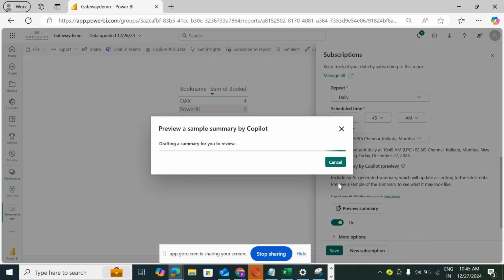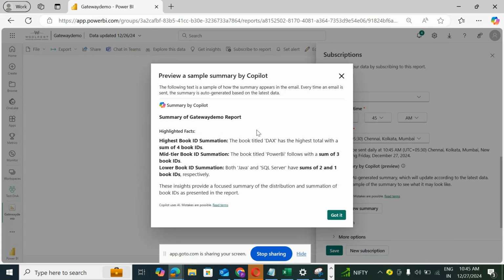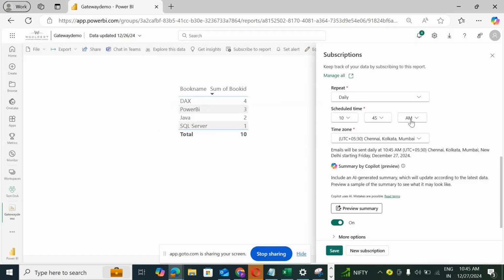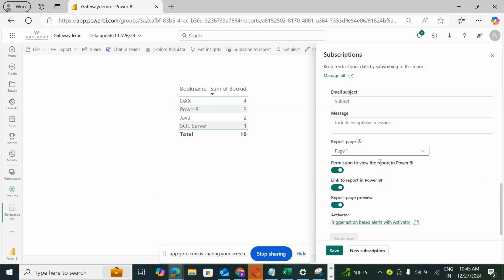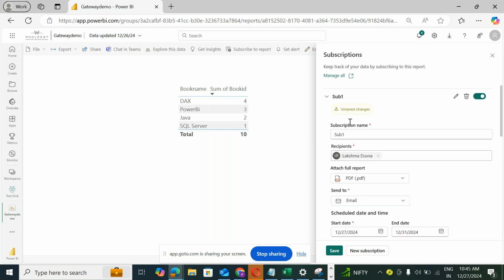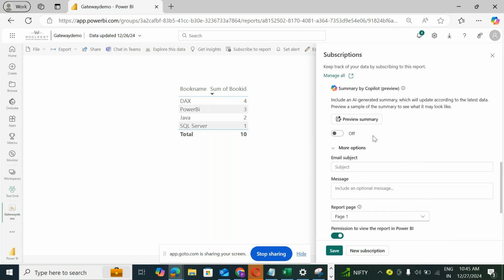So drafting summary for, so like, what it is Copilot is giving, we'll see this one later. So then after, what you can do is send to everything is done. Now